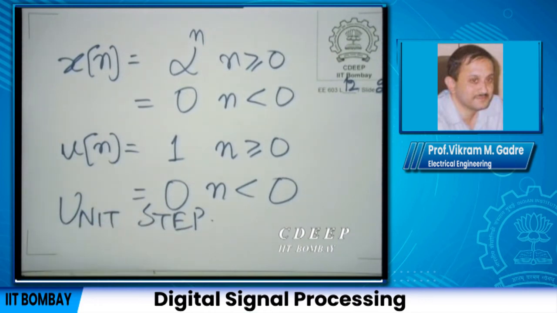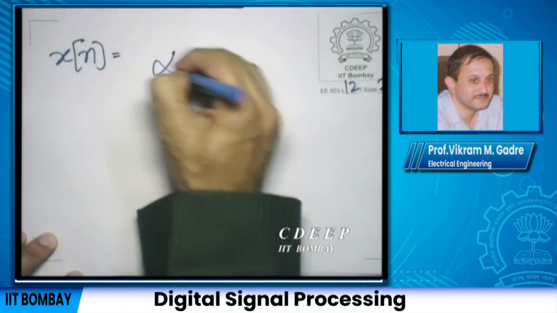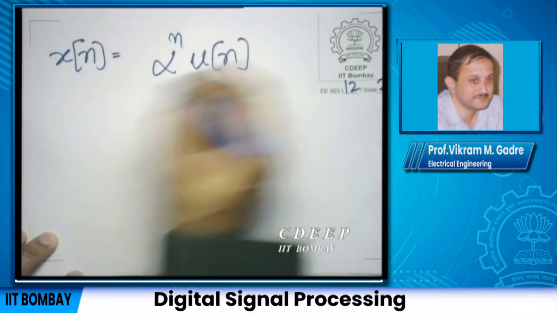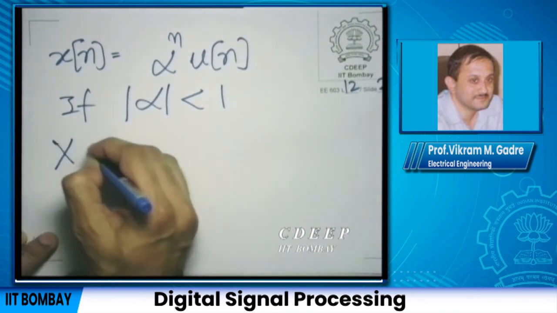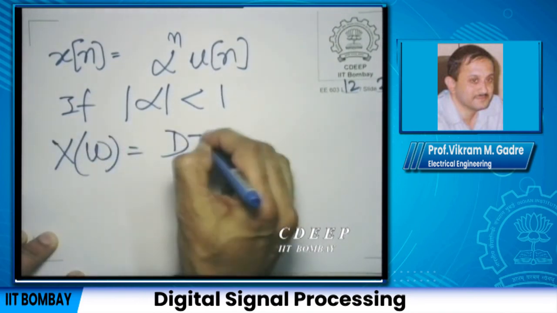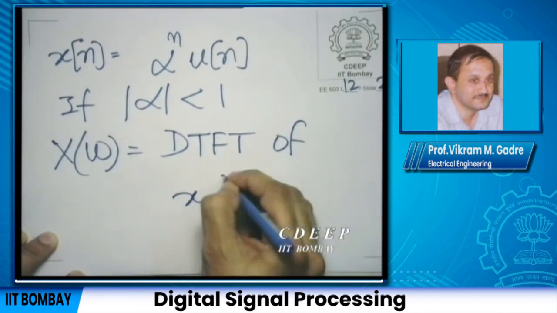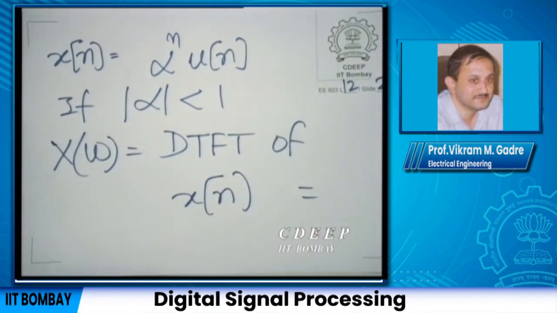Interestingly, the unit step itself does not have a discrete time Fourier transform. The discrete time Fourier transform of the unit step would not converge, but multiply the unit step by an exponential, as we are doing here. As we can see, x[n] can be written as alpha raised to the power of n u[n]. And if mod alpha is less than 1, then we can calculate the discrete time Fourier transform of x[n]. And that's very easy to do. It turns out to be